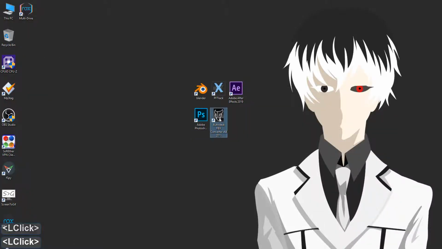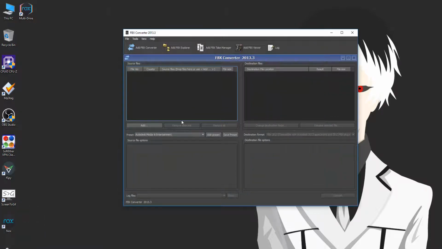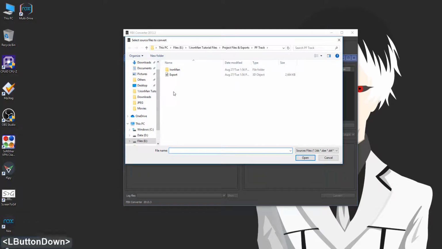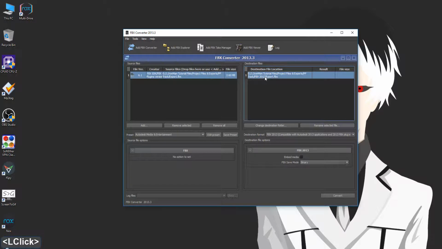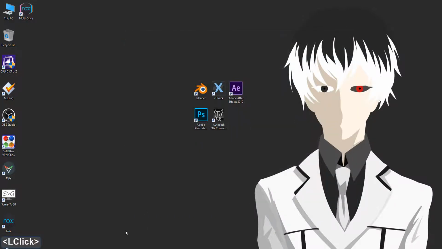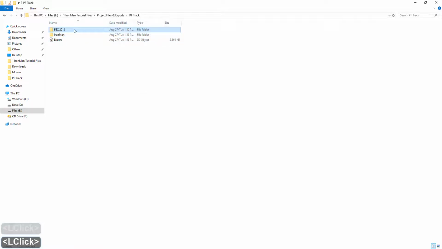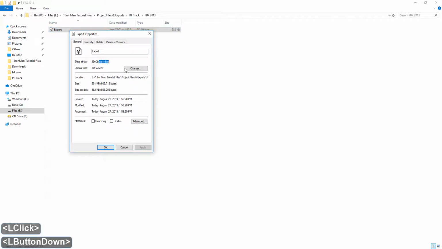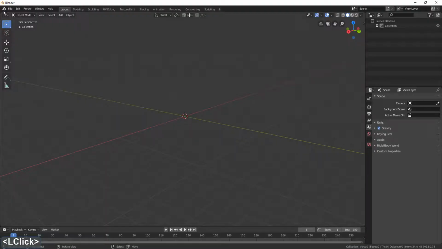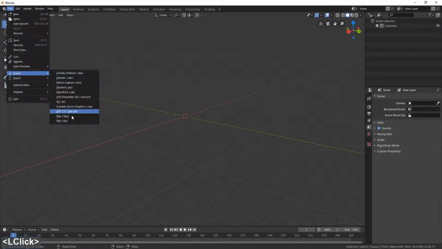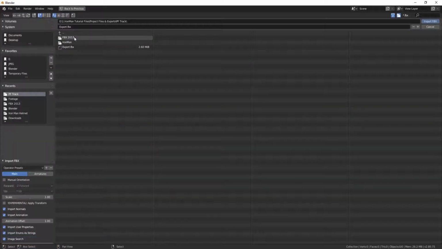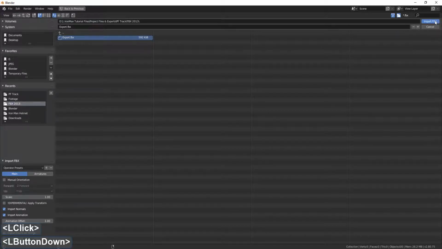For that you need to open this Autodesk FBX converter. Just press this add button and import this exported file. Open, and this file will be exported to the PFTrack FBX 2013 folder. Just convert. You don't need to do anything. That's it. Proceed, and if you open the folder again, you will see a new folder. Open it. You will see an export.fbx file right now. Now if you open Blender again and import FBX, you need to open the export.fbx. If you open it,